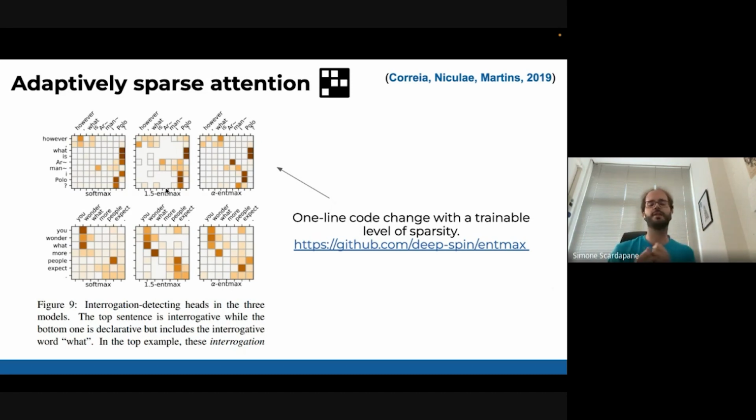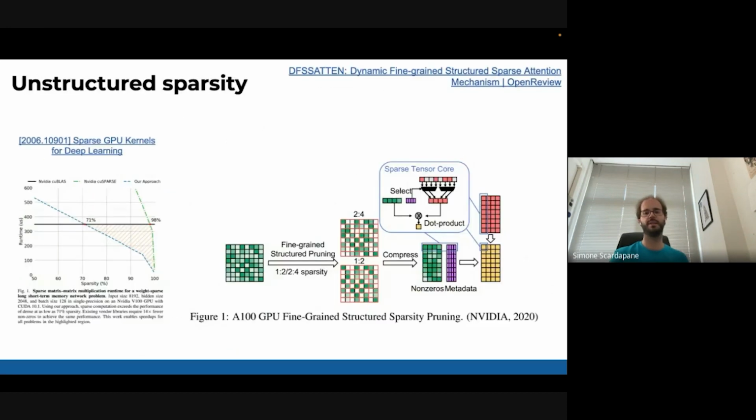It looks very nice. And then you ask, why is it not used more? The issue is that it's actually really hard to gain efficiency from this kind of unstructured sparsity. Most of our hardware is not optimized to work with zeros that are placed more or less randomly into a matrix.